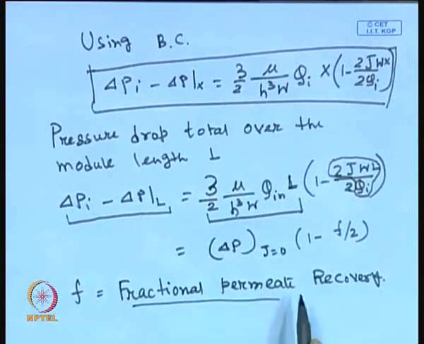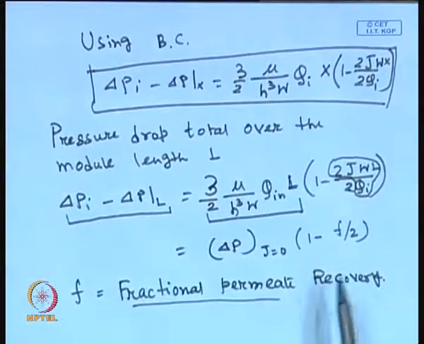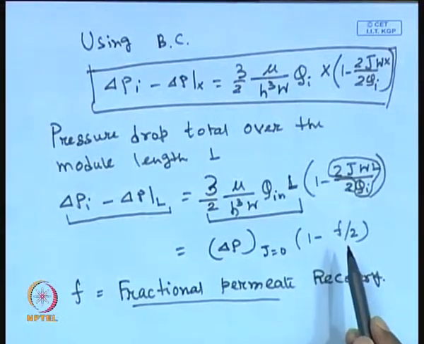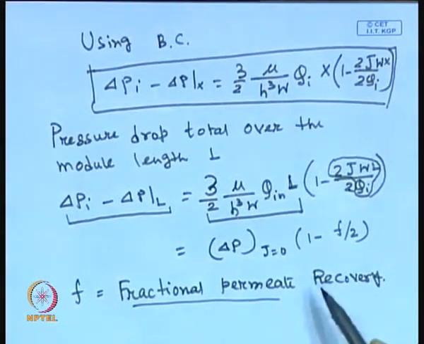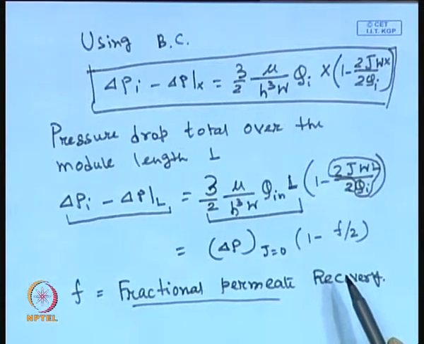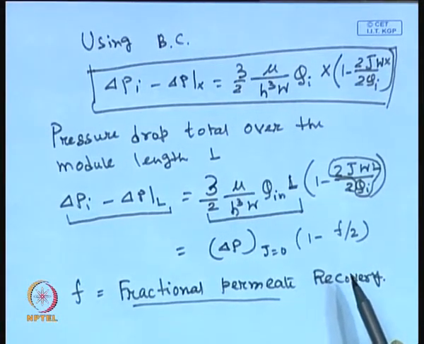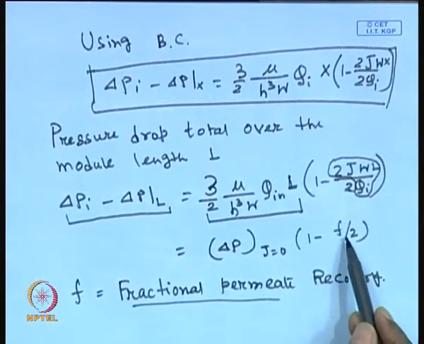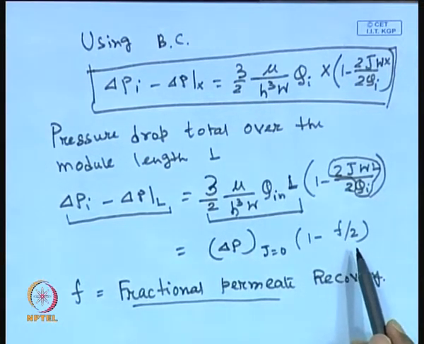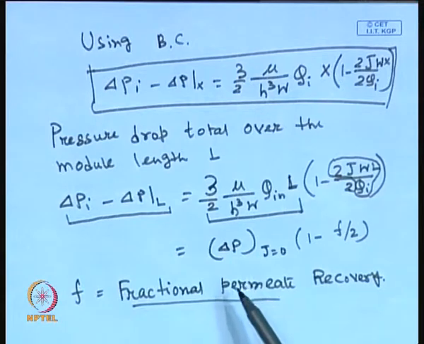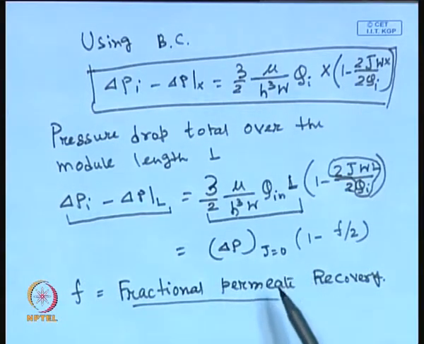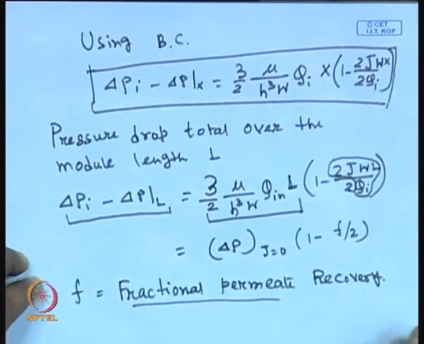This is very important. That means, if you are going to design a module, it is very important how much material you are feeding into the system. Suppose I am feeding into the system 100 meter cube per second, let us say, that is Q_in. My aim should be to get the maximum value of this F, so that I can recover most of it and the system really becomes economically viable. This F should be as high as possible. If F is as high as possible, then your delta P will be extremely large. By looking into the equation, you can see that the delta P becomes extremely large.